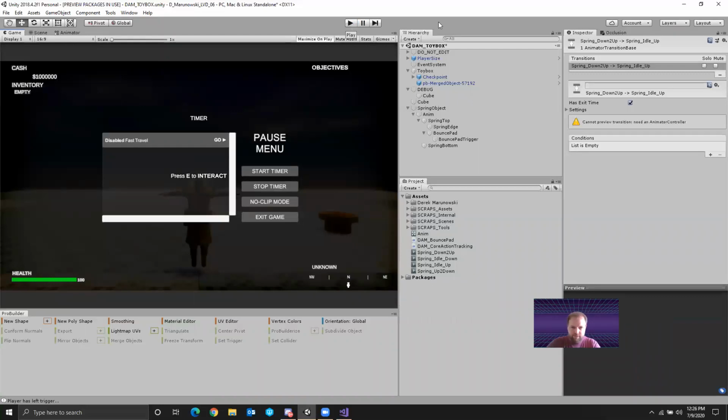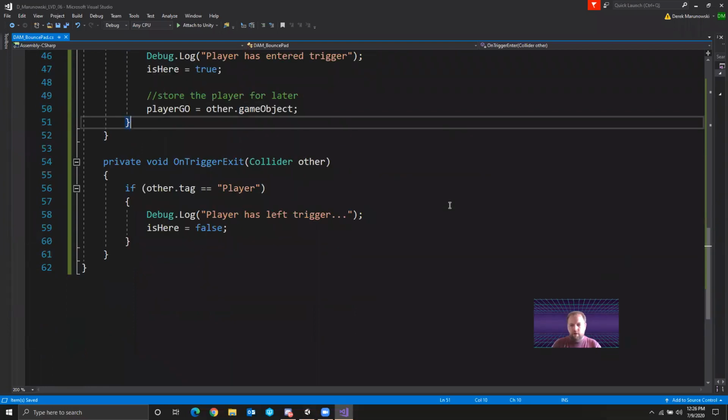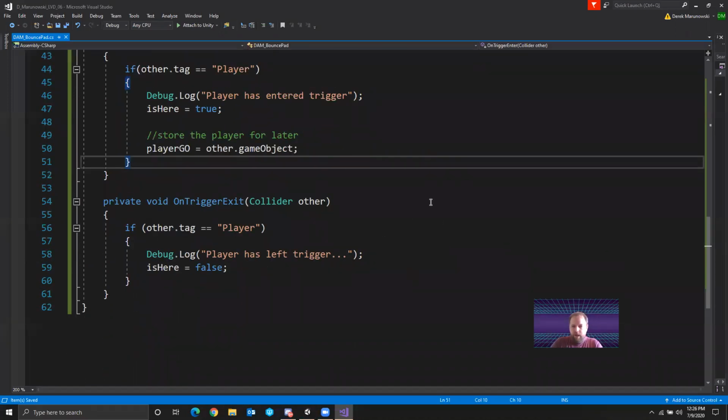which is the message system. In order to talk to the message system, there are singletons that are available. A singleton is the idea of creating a variable that's global, that there's only ever going to be one of. There's a specific way to access these. These are all part of that Scraps game design document. So if you go in there and look at the message system section, it'll show you how to talk to it. But just in here, when I enter and leave, I want to give some feedback to say that